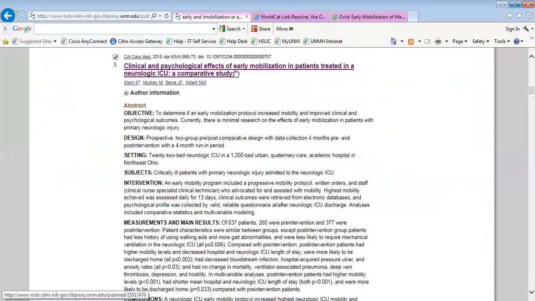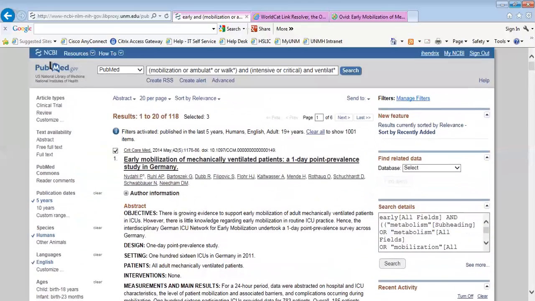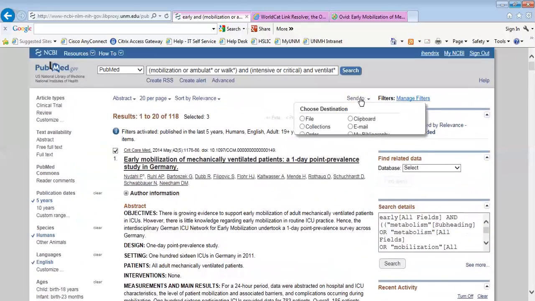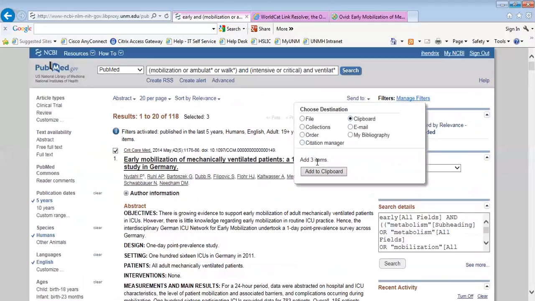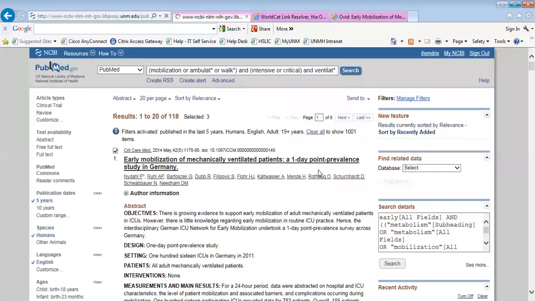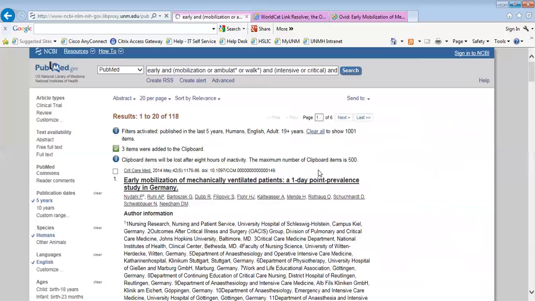Once I've done that, what I like to do is add them to the clipboard. So I come up here and send these to the clipboard. So there are the 3 items I selected. I click Add to Clipboard, and it takes a minute or two, and it will put it in a holding place for me. So it's saved off to the side,